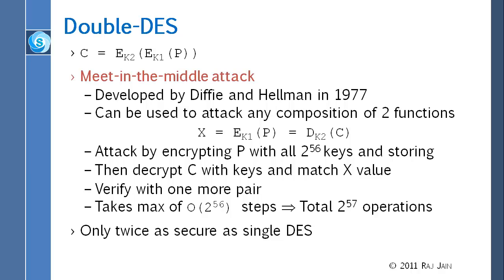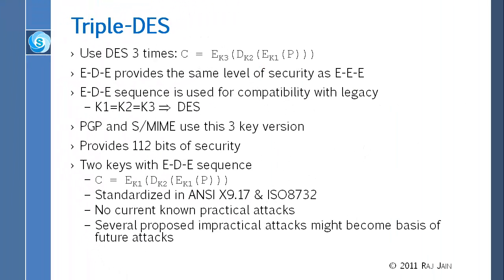So you can find both the keys in total 2^57 operations, because you did 2^56 operations here and 2^56 operations here, so total 2^57 operations. So all you did was you increased your security by 1 bit, although the work is much longer. So it's not a good idea to double encrypt. Alright, so people said, why don't we do triple? And triple works, because with triple you can get up to double. So even if you do a meet in the middle attack, you won't get 3 times 56, but you will get 2 times 56, because 1 times 56 is stored in the table.